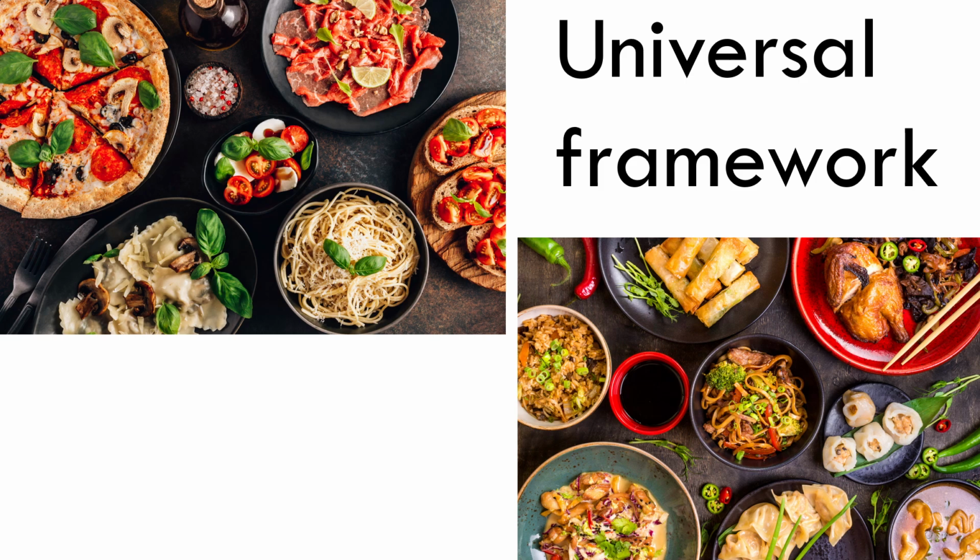Physics likes some sort of universal framework, like gravity. In the case of food, as you can see, there are so many variations, and these are only from two different ethnic groups. There are so many other types of food. So unless we have some universal framework, it's going to be very hard to study the physics of food. Building this universal framework is really the main goal of this course. And then we will apply this universal framework to actually develop a model.